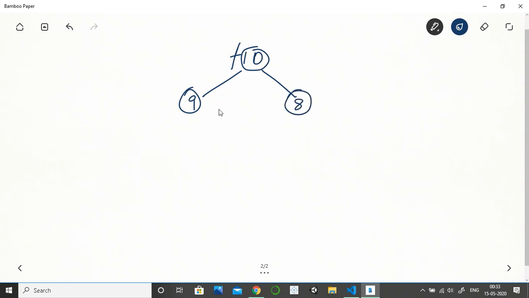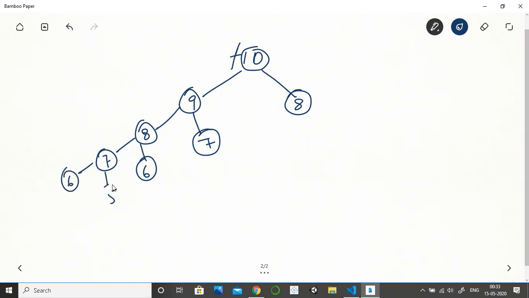Then for 9 it will calculate for 1 less than, which is 8, and it will also calculate for 7, 2 less than. For 8 it will calculate for 7 and also for 6. Similarly for 7 it will calculate for 6, 5, it will go on like that.